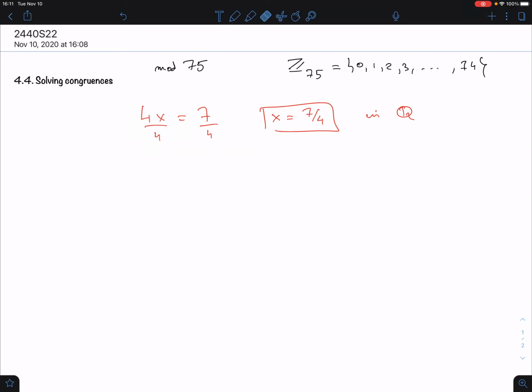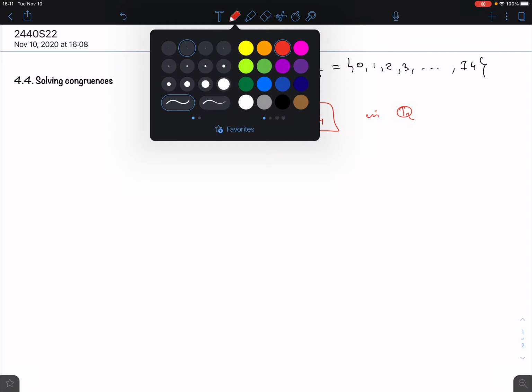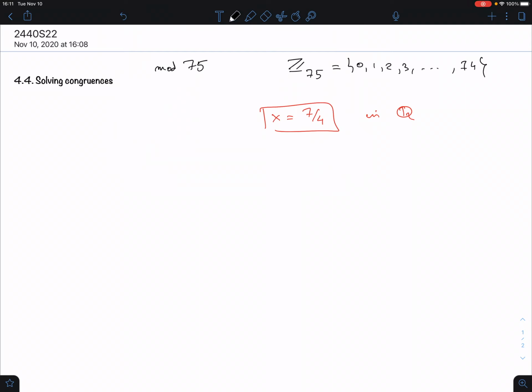So the original equation was this one, right? I'll write it now in black because now I'm going to do it correctly. How do we solve this equation? 4x is 7, but in Z75, which remember we will write this way. Can we divide by 4? Can we do the same trick? And essentially, yes, but the problem is,